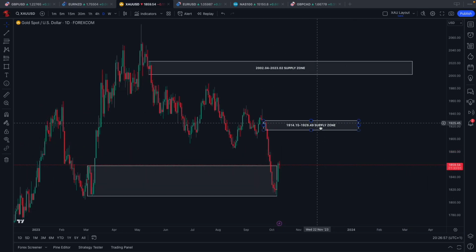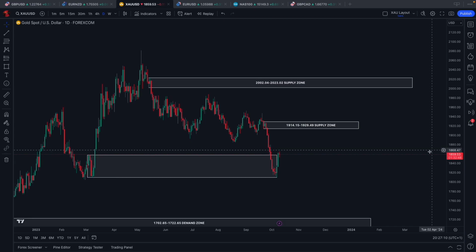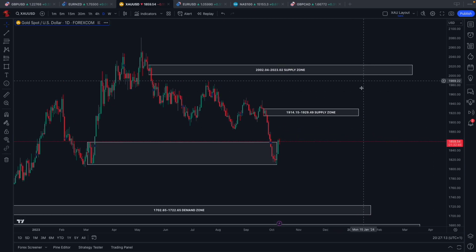Now, if however price doesn't decide to reverse from here, we do also have this zone as well that could give us the bearishness we seek, allowing us to actually capitalize on a bigger swing that trades us down and into those demand zones. Now, you may be wondering, well, why do I think price will deliver us with bearish